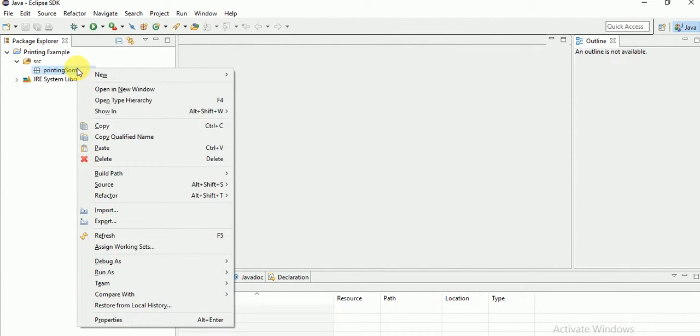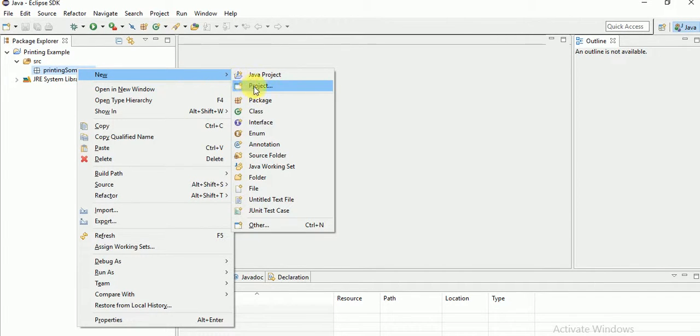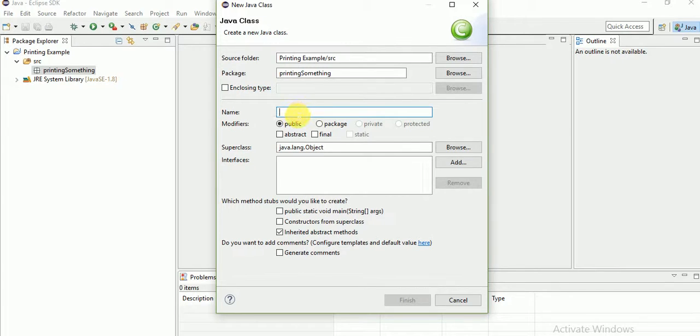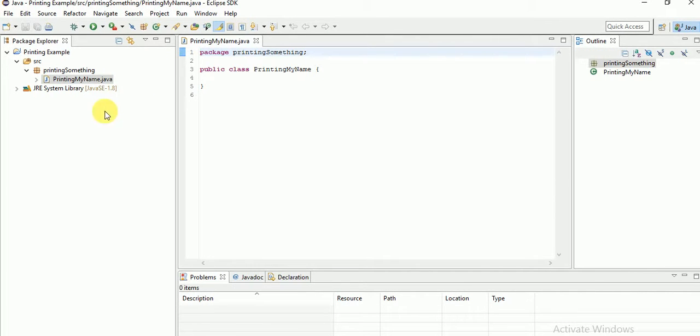Now what we need is a place where we'll write our codes, and that would be a class. In Java we write code in a class. So let's create a class, and we will name it PrintingMyName. A class name should start with a capital letter. Again, this is Java convention, not my thing, but you can go against it. So I'm gonna write PrintingMyName, click on enter, and now you'll see a blank page where the package name, that's what I've given, and the